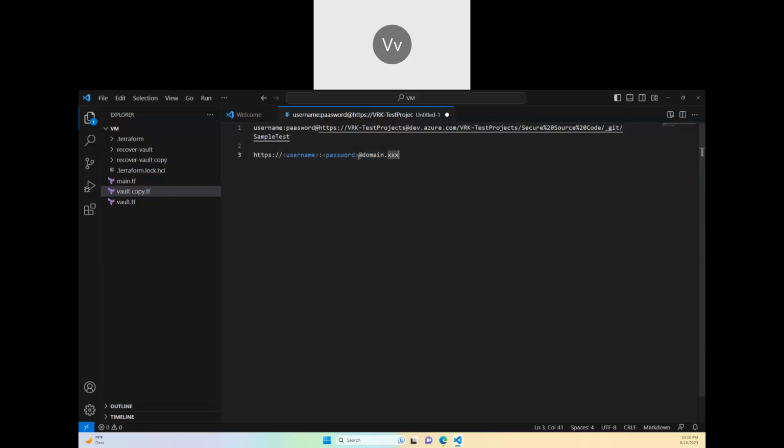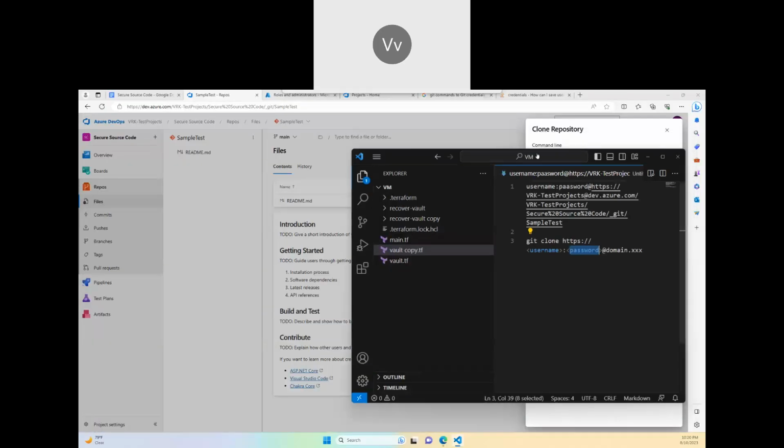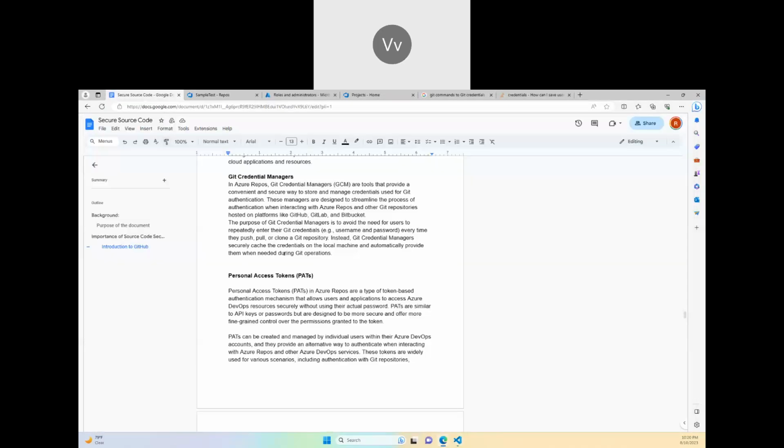I can use this domain and do git clone. When I do a git clone with this, it will automatically authenticate me and clone the repository into my machine. So why are we doing this? Whoever has that username and password can authenticate to it. So that is one way of